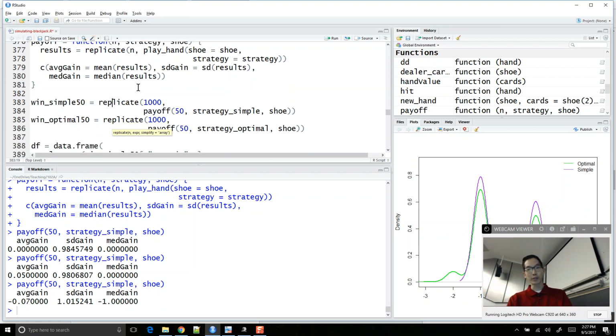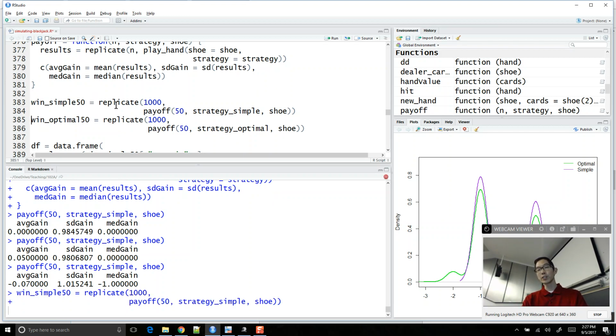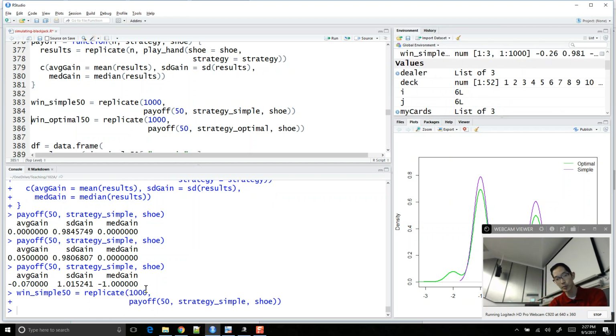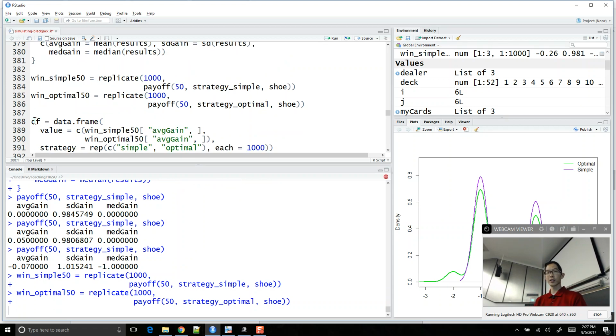So this is what we have. We're replicating payoff here, and we have it for the simple strategy versus the optimal strategy. So if I go to the casino 1,000 times, each time I play 50 games using my simple strategy, it takes a little while to run, but it's done. And then now I'm going to go to the casino 1,000 times. Each time I'm going to play 50 games using the optimal strategy. Again, it takes a little bit of time to run, but